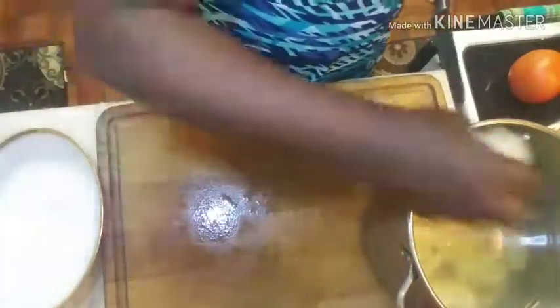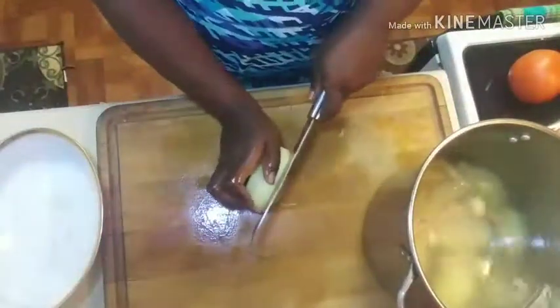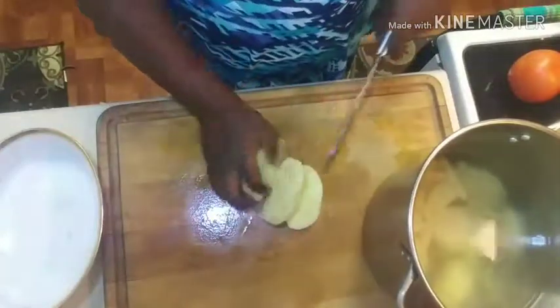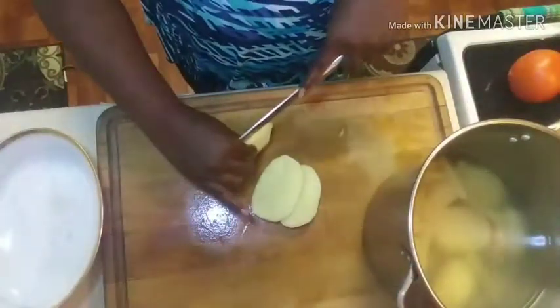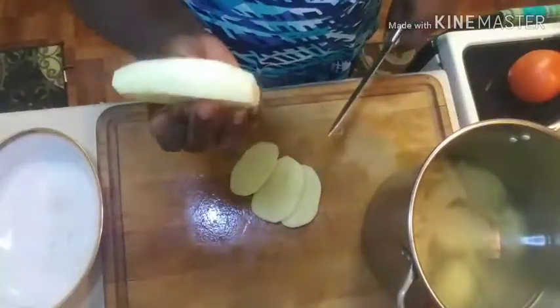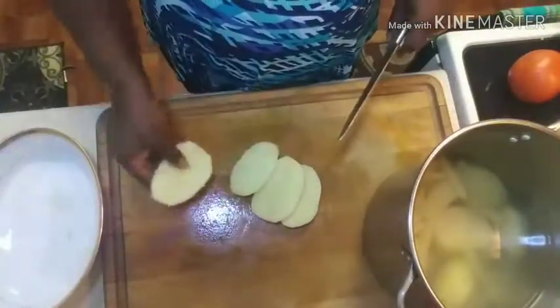If you leave a little bit of peel on it, that's okay. Just give you a little texture in your french fry, that's all. And it signifies that your fries is homemade and not manufactured. Okay? Another thing about making homemade french fries, again, see how thick this is? You're going to have your nice